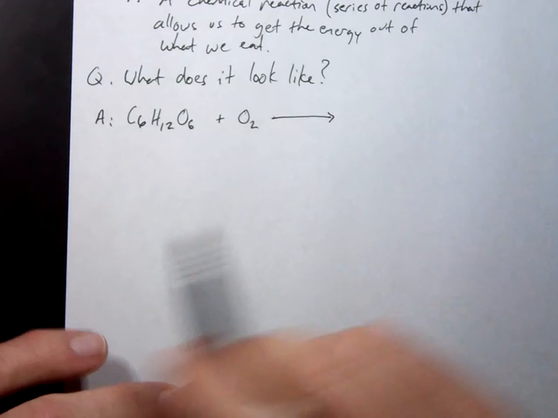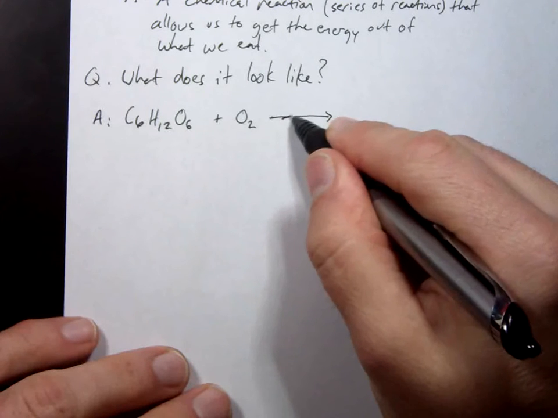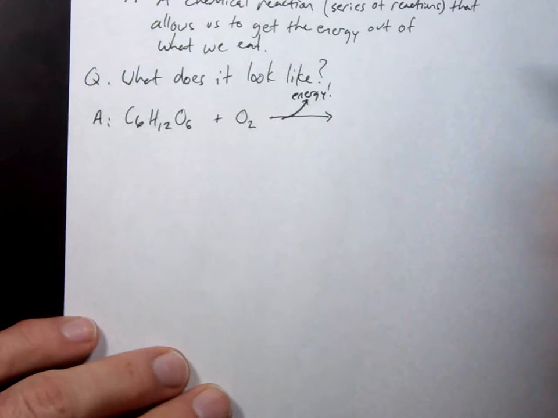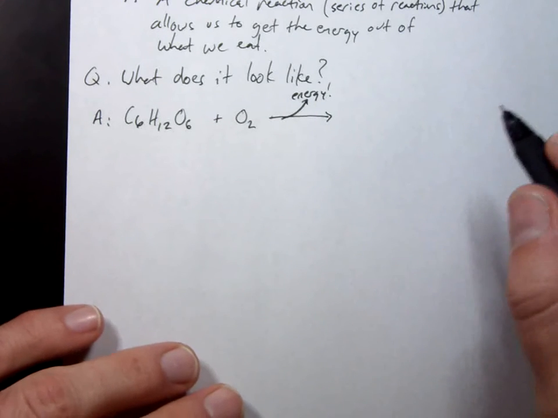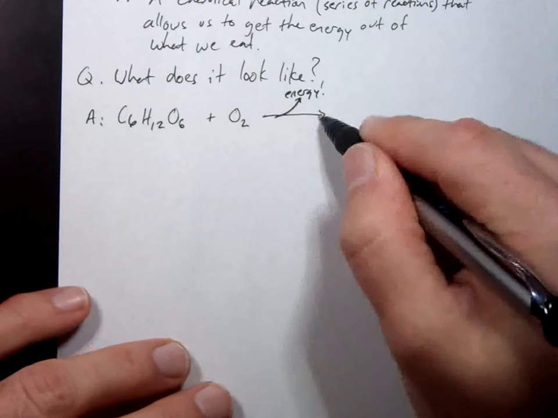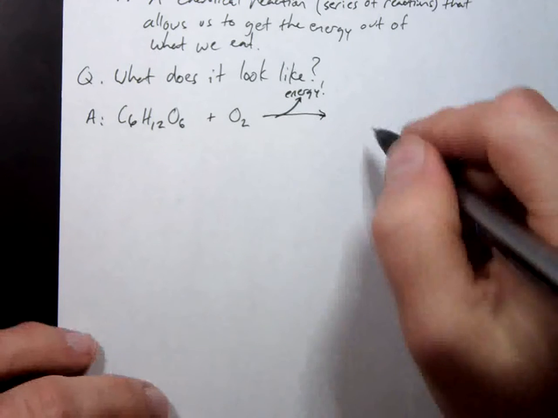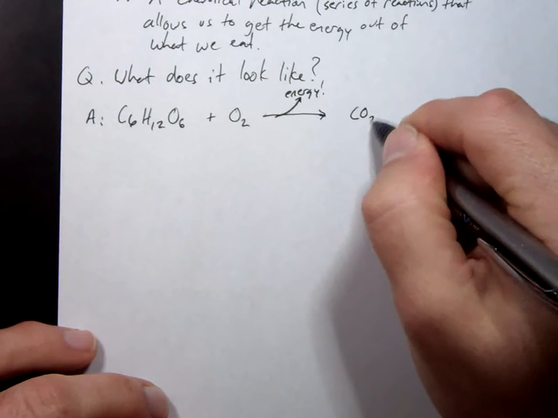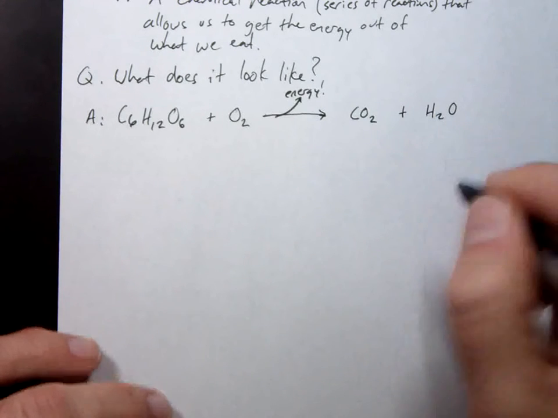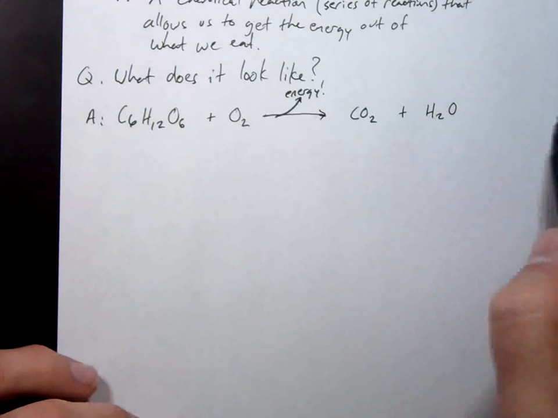All right. C6H12O6 plus O2 yields, and in this process, energy is released. Lots of it. Holy cow, lots of it. All right. This energy is released, and we produce what? Yeah, carbon dioxide and water. We do the opposite of what plants do. They do that process. We do this process.